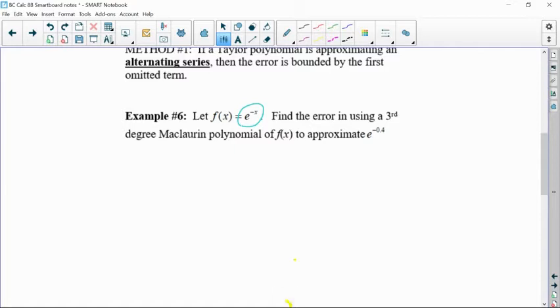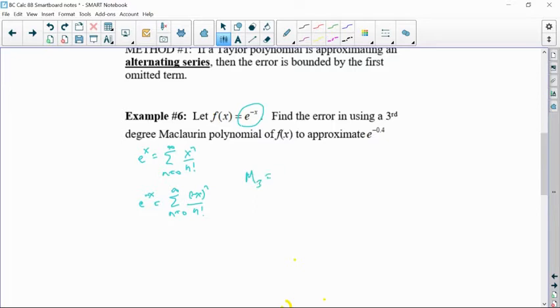And you remember, e to the x we said was equal to the summation n equals 0 to infinity of x to the n over n factorial. Since it's going to be centered at 0, e to the negative x is equal to the summation n equals 0 to infinity of negative x to the n over n factorial. And so if we want a third degree Maclaurin polynomial, so then we could say, okay, M sub 3, I guess, is equal to,